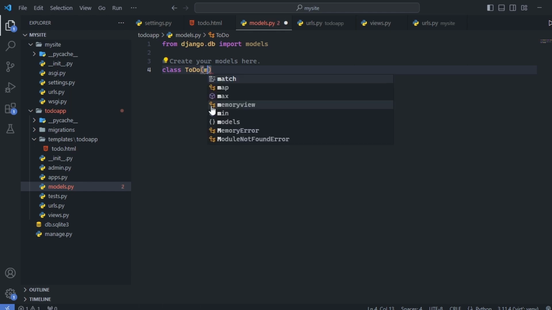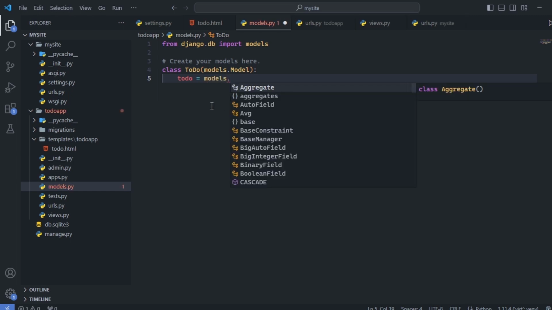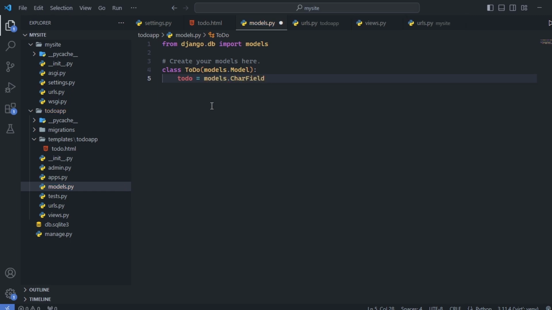Here we have to pass models.Model. I'm going to type todo = models.CharField. We can give max_length. I'm going to give 255,